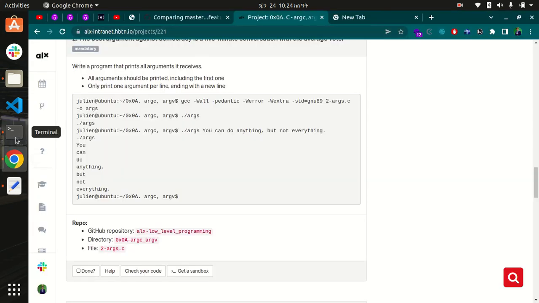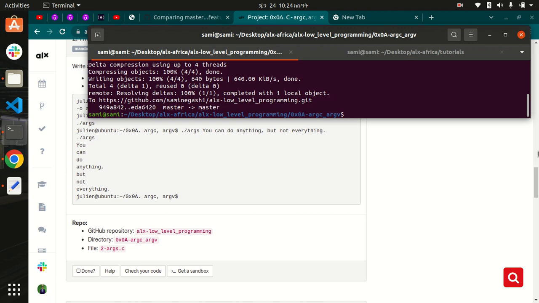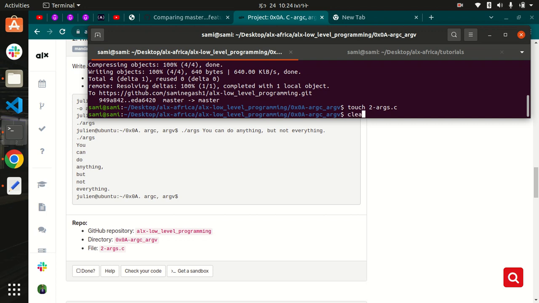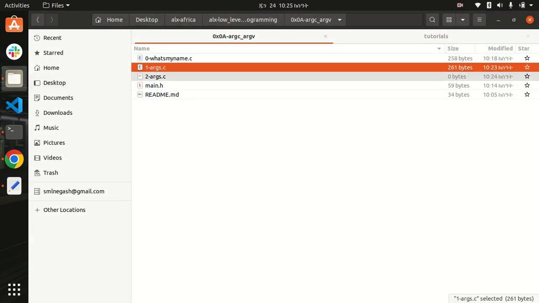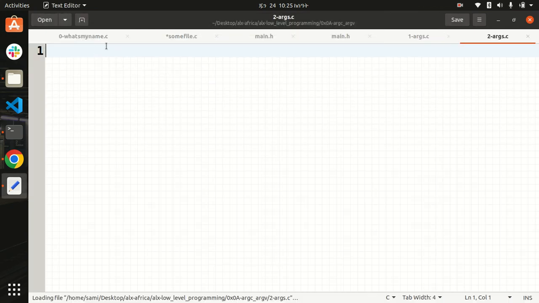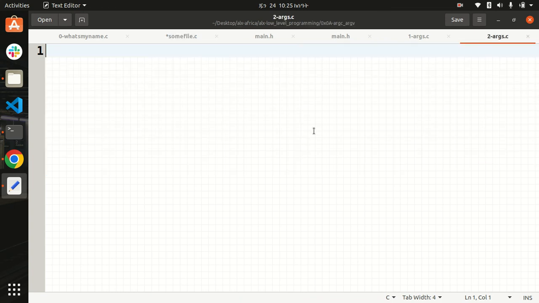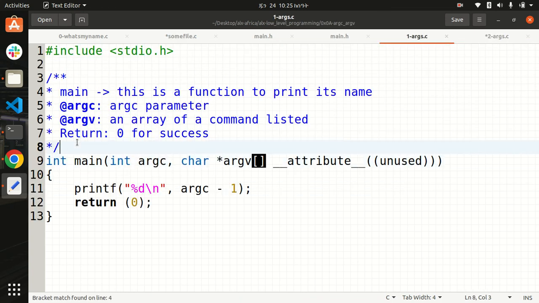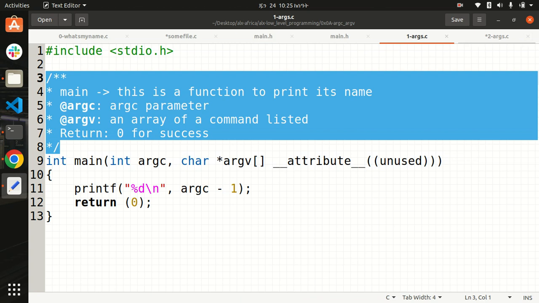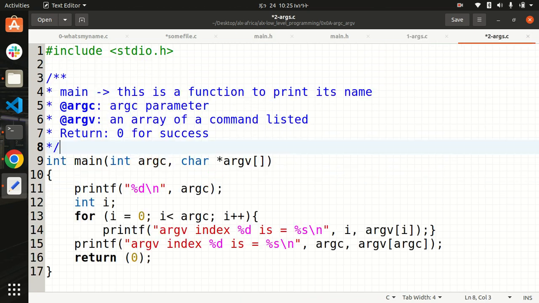Let me get down here, and so I'm going to do what? Touch argc, clear, and I'm going to open that file from here, and I'm going to use copy and paste here, and I'm going to use this one, copy and paste here, and I'm going to remove